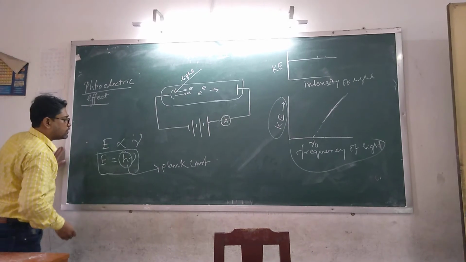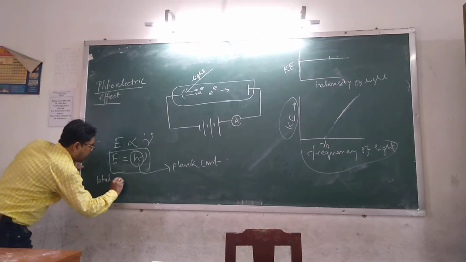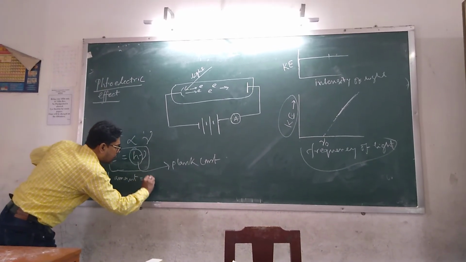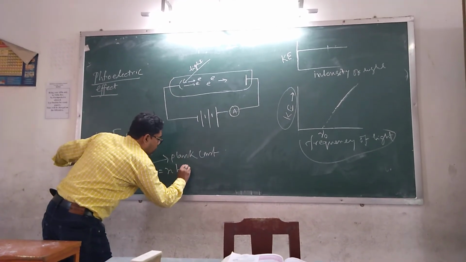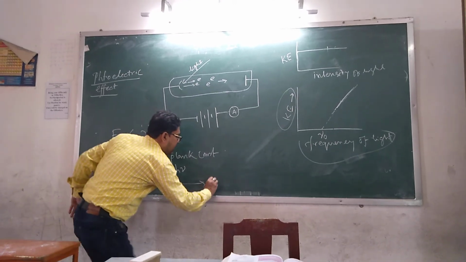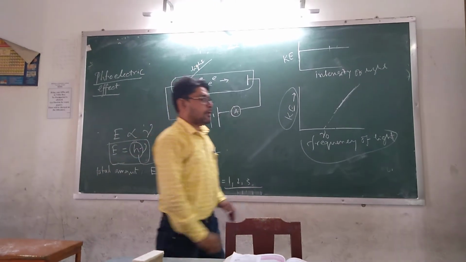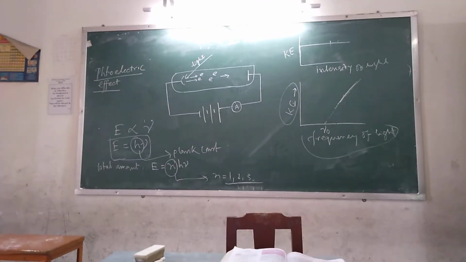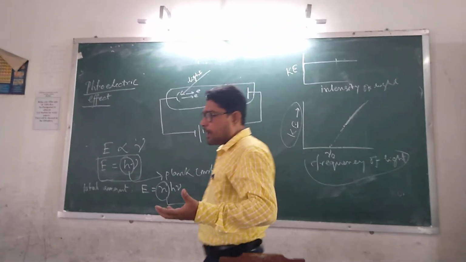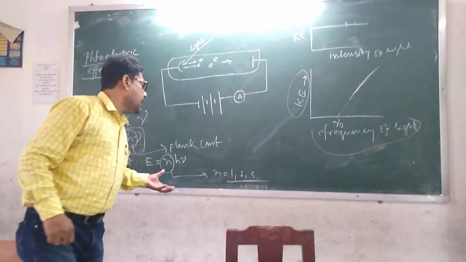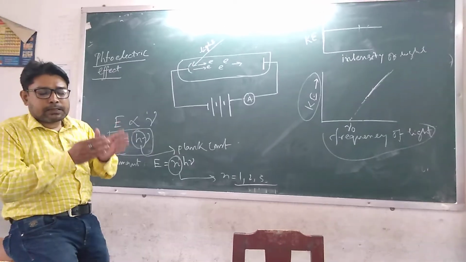The total amount of energy of the radiation, total E equals n h nu, where n is an integral multiple, n may be 1, 2, 3, etc. So each energy packet comes out discontinuously, and this energy packet is coming by the emission, and